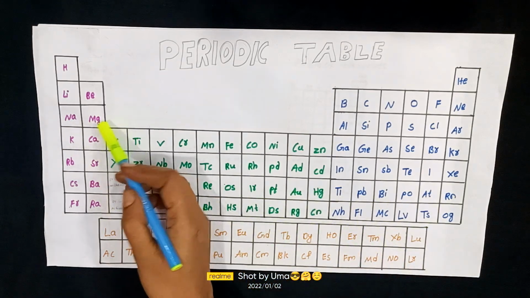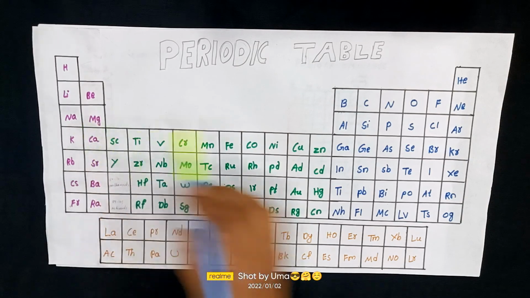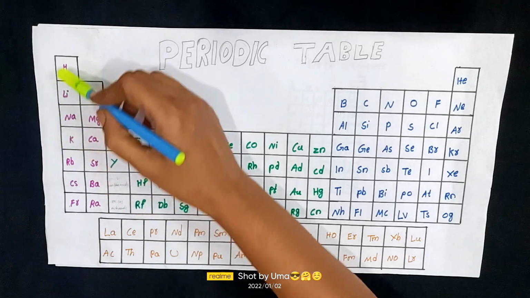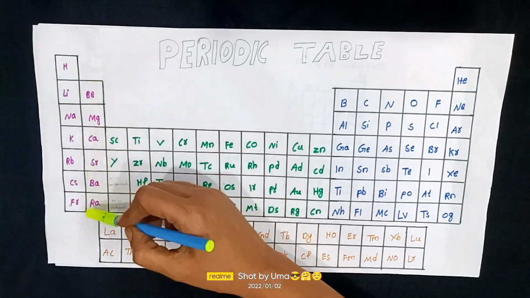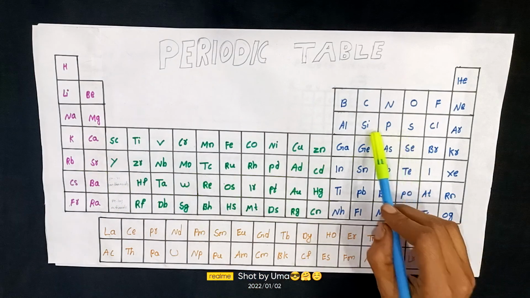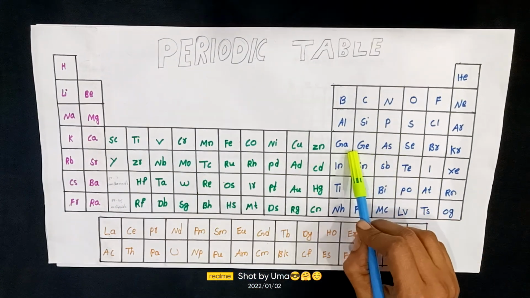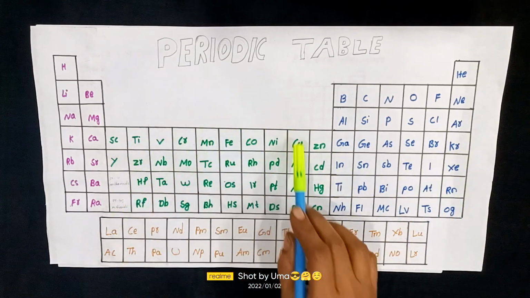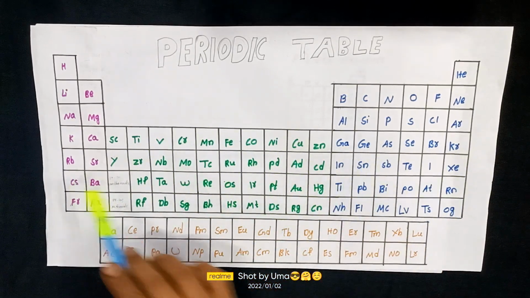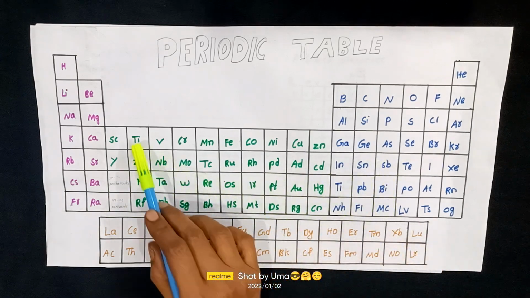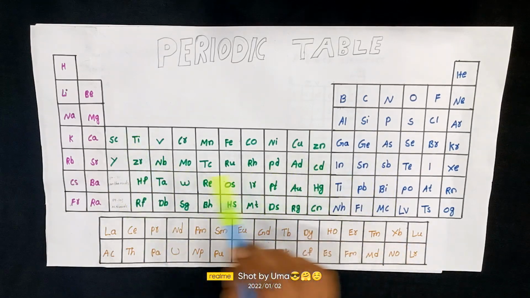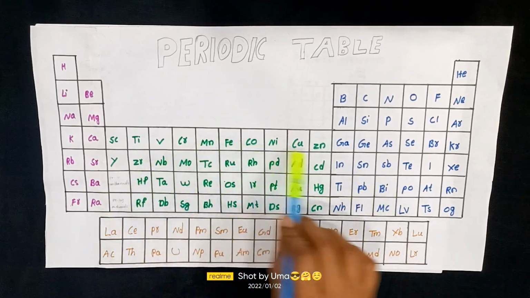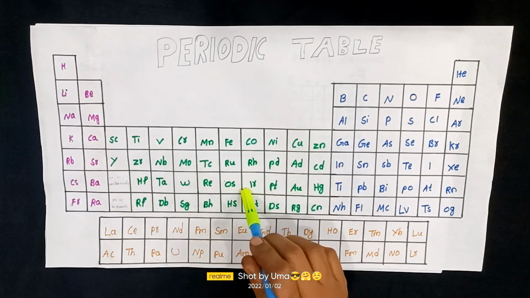The left side of the periodic table contains S block elements, and the right side contains P block elements. Except hydrogen, the first A group and second A group contain metals. And in P block elements there are metals, non-metals, metalloids and noble gases. In between S and P blocks there are 10 groups, 10 vertical columns. These are called D block elements. D block elements contain heavy metals, children.